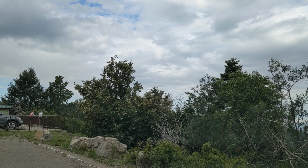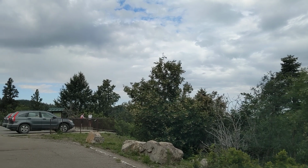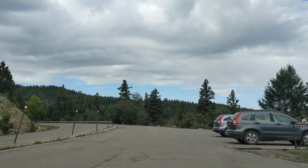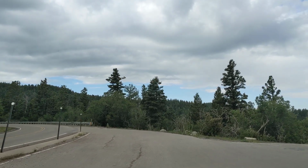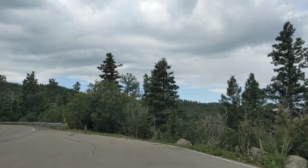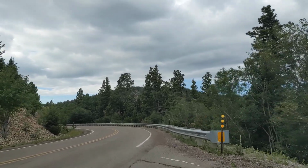78609, and I'm at a scenic overlook on a highway that goes to Sunspot. The elevation of Sunspot is a little over 9,000 feet, so we're going to drive up there today. They have an observatory there, and they also have a visitor center for people to come into and check it out. I've never been there before, so if you've never been there before either,